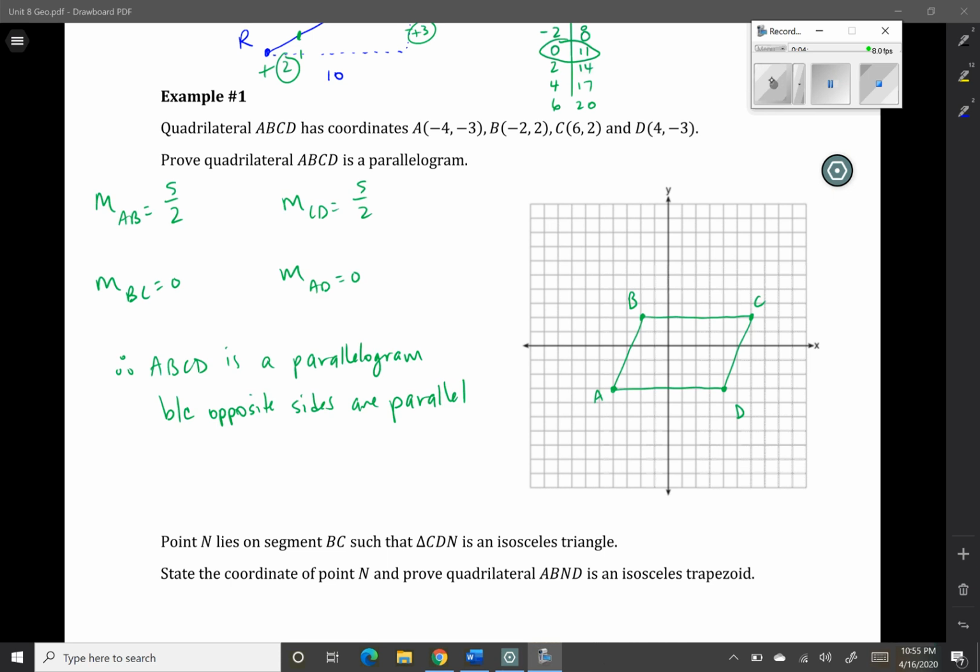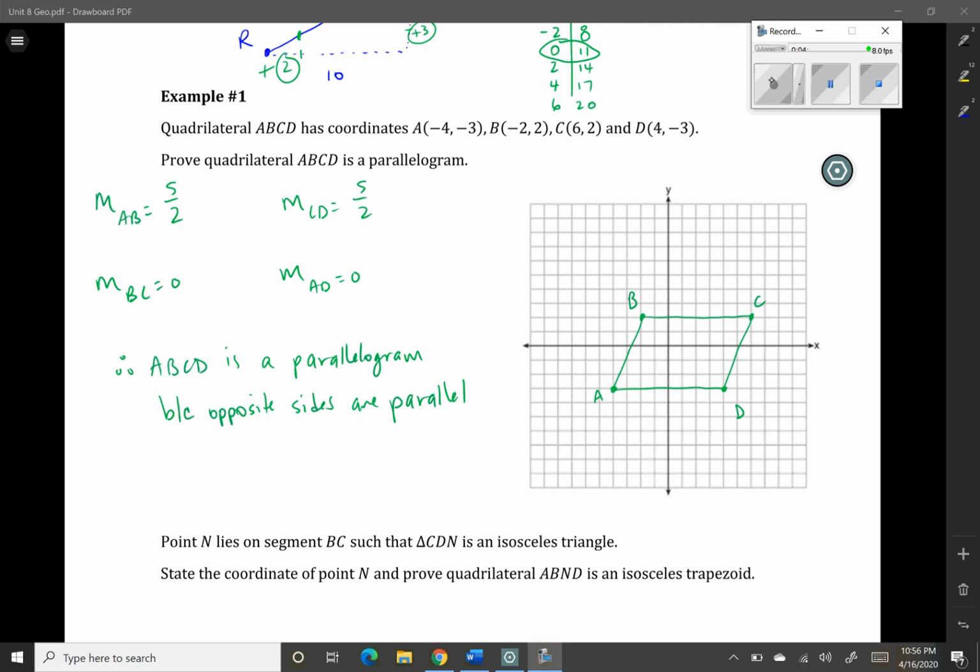All right, so welcome back. Hopefully you tried this on your own, so you could go ahead here and check your work. So I graphed my 4 points. I found 4 slopes. So the slope of AB and CD were the same. They were both up 5 to the right 2. And the slopes of BC and AD, since they're horizontal lines, they have slopes of 0, so they're also the